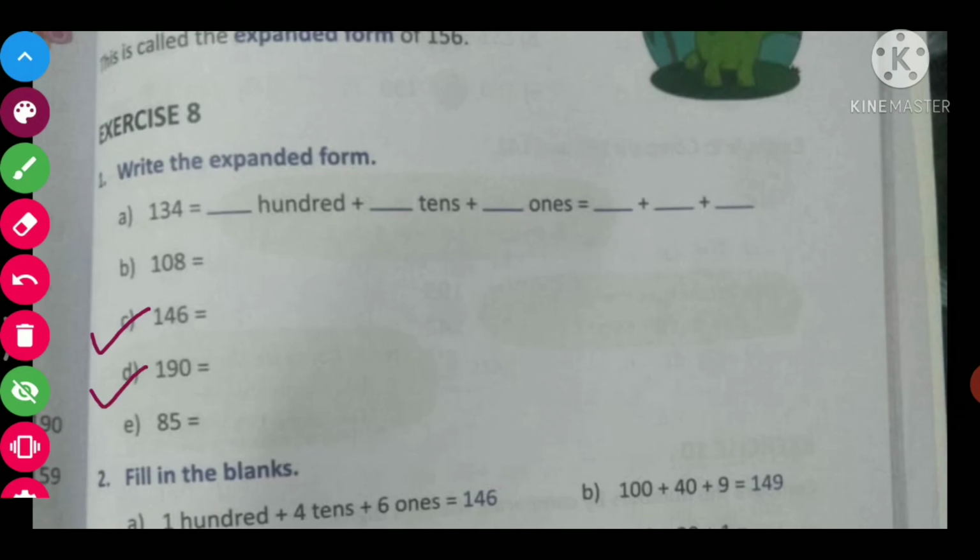C and D, you will do this one by your own. This too you have to do in your classwork copy. Rest of it, whatever I just taught now, you just write it in your book. But C and D you have to do in your copy.